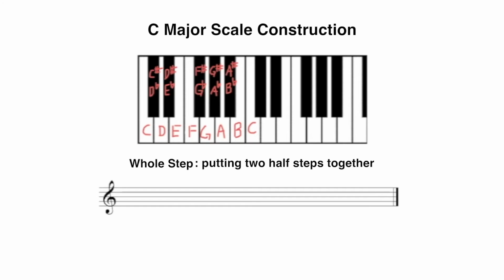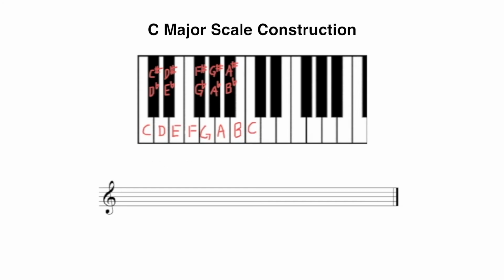One final example. If I start here on B flat or A sharp, go up a half step, I end up on B, another half step on C. Therefore, this black key, A sharp or B flat to C, is a whole step. Again, it's typical to use consecutive letter names when talking about whole steps, so it'd be typical to say B flat to C is a whole step.